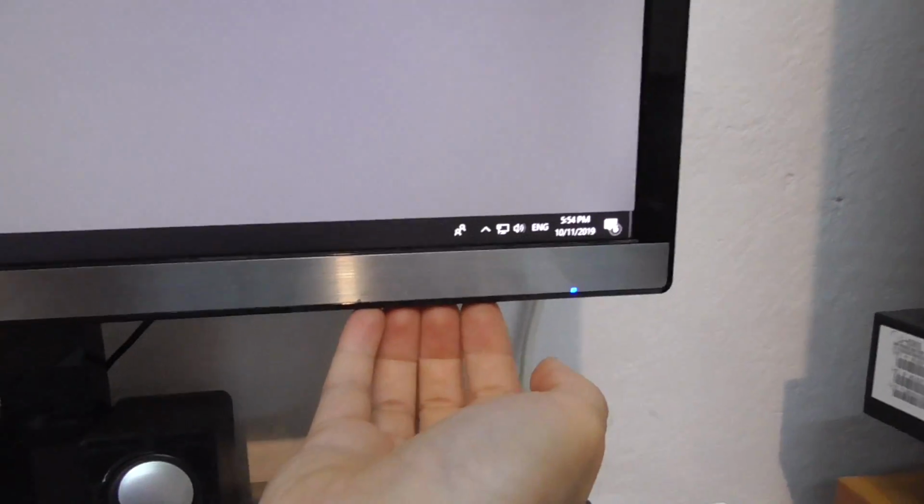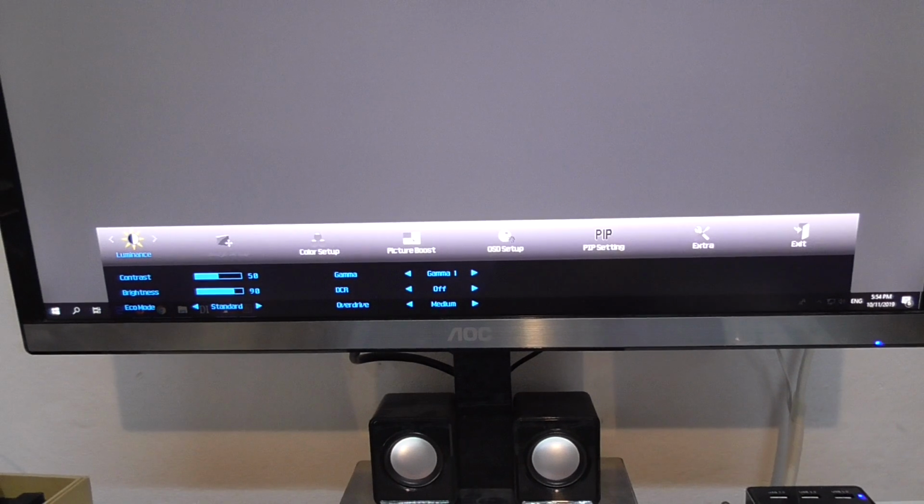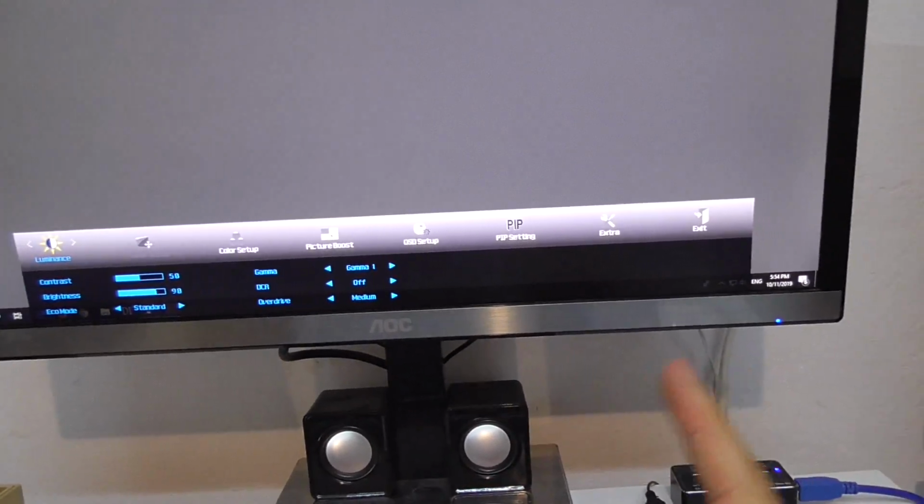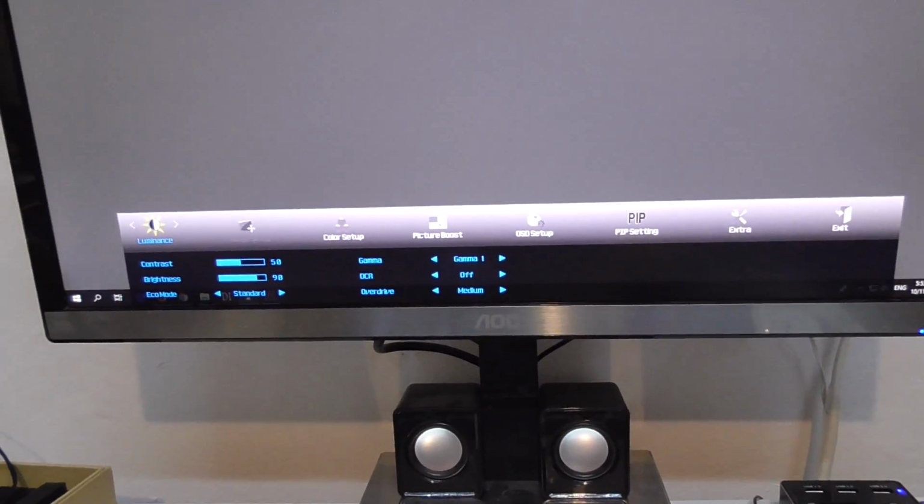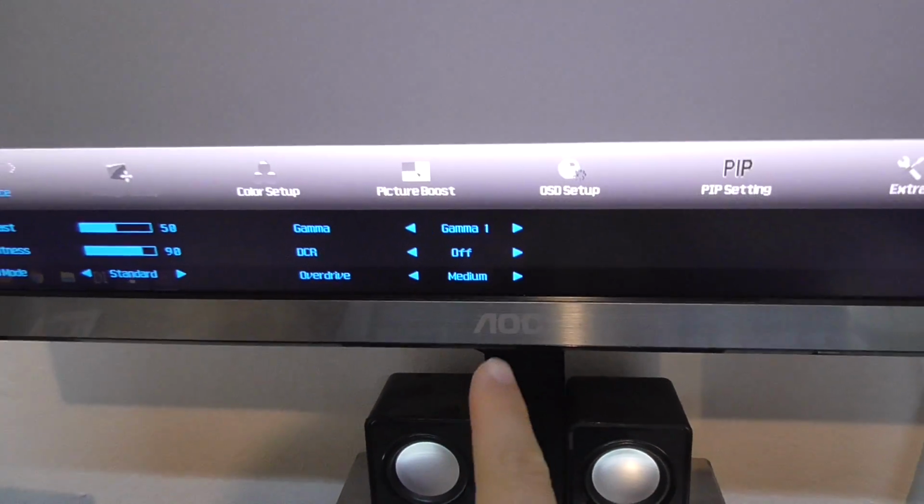How to adjust the menu timeout of this monitor. So if I press a button, now this menu is shown, and if I don't press any of those buttons, then it will disappear in 10 seconds. So that's an AOC monitor. It already disappeared, and the model is